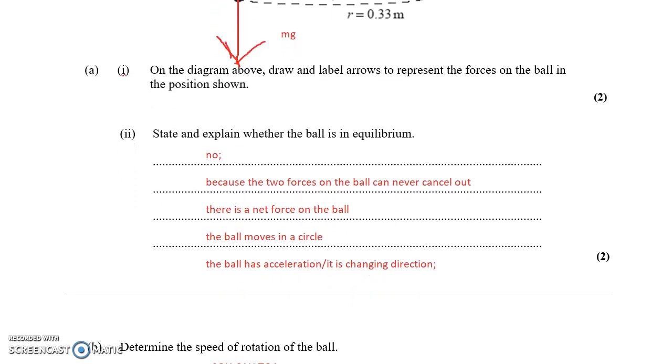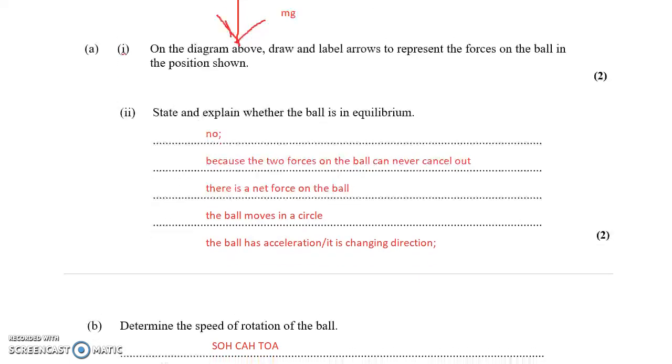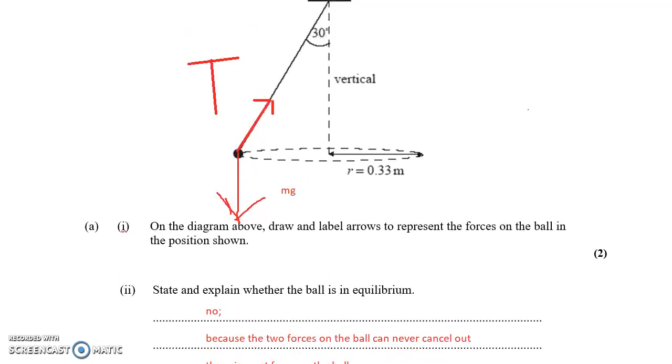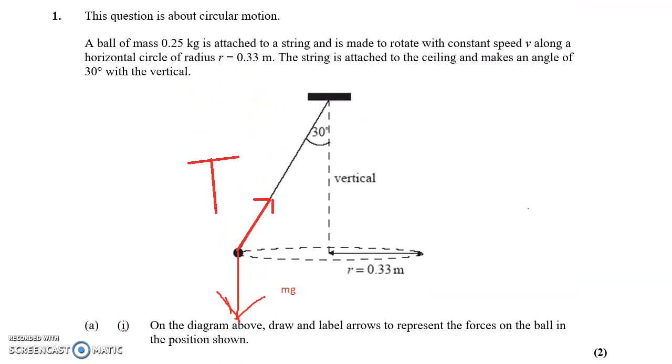Finally, and this is the hard one, to determine the speed of rotation of the ball. This is a tricky question because we don't have all the information. We need to find some additional information before we can calculate the speed. We're going to have to use the centripetal force equation, which is force equals mv squared over r. But in order to do that, we need to find the resultant force. We only know the weight at the moment. It tells us the mass, so we can easily find the weight